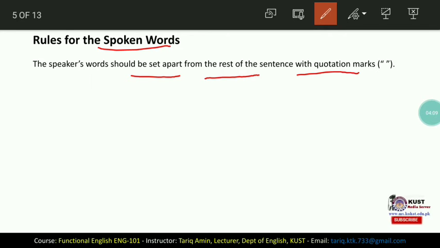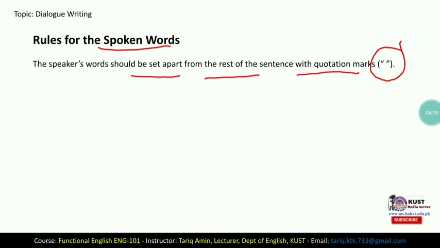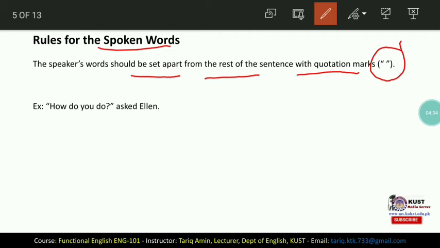You should use quotation marks to set apart the exact words of the speaker from the rest of the sentence. Like, "How do you do?"